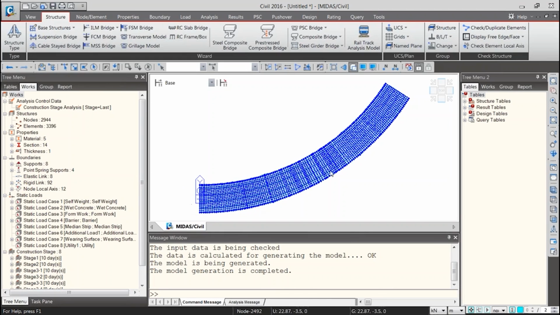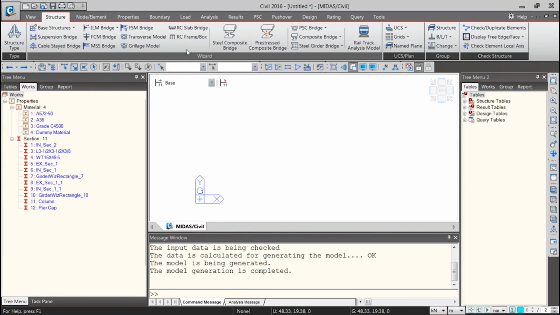So you can see that we can generate a concave bridge, we can also generate a convex bridge in this manner, and we can also generate a straight bridge. So all this can be modified in our steel composite bridge wizard.